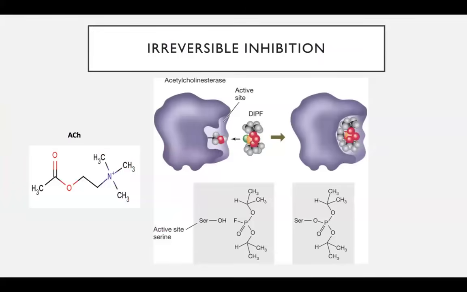One way is irreversible inhibition. Typically, an enzyme known as acetylcholinesterase can hydrolyze acetylcholine into choline and acetic acid. However, there are molecules that can prevent binding at the active site, such as DIPF, which is also known as nerve gas. Nerve gas can form a covalent linkage with the serine residue here, and then it can irreversibly inhibit the active site. So it can make sure that after the original hydrolysis of acetylcholine, the acetylcholinesterase cannot bind to acetylcholine again.